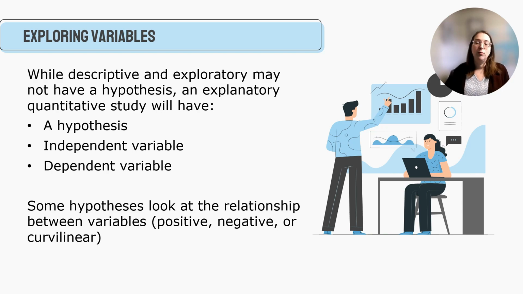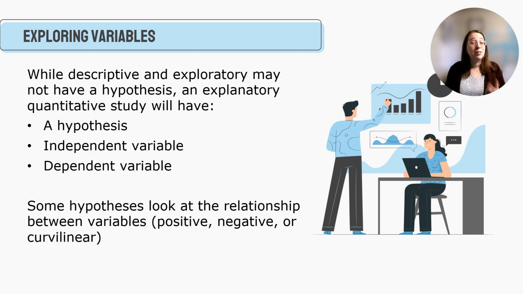So the book talks about that when you have exploratory or descriptive studies, you won't have a hypothesis. Now with descriptive, that makes sense. You're really just looking at rates of things. You're not saying there's a relationship between one variable and another. You're just saying, hey, I just want to know how many people are dealing with homelessness in my community. So it's not going to have a hypothesis. Now, Rubin and Babbie say that exploratory studies can't have a hypothesis either. But what I found is there are a number that do, where people say, look, this is a really new topic, but we think we might know what happens. Now, obviously, those are not maybe as solid of hypotheses as some other types of studies, but I have seen exploratory studies that do have that. However, as a rule, they don't have to have a hypothesis, an independent variable, or a dependent variable.